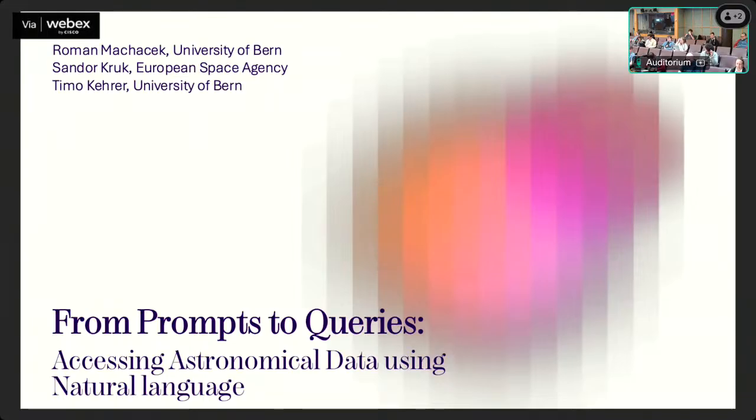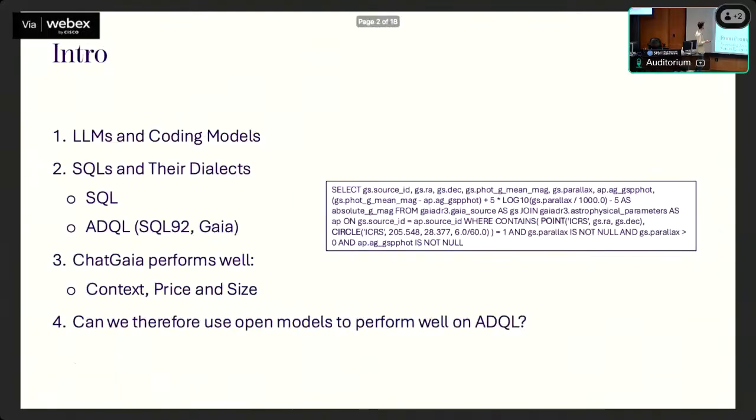All right, hey guys. So my name is Roman and I'm from University of Bern in Switzerland. And this is the work that I did with Sandor of the European Space Agency, where we are trying to train the models to generate the ADQL queries and query the Gaia data. I guess as everyone around here is using LLMs nowadays, you're also using it for coding, where paradoxically, most of the software engineering they're saying is going to be obsolete in a couple of years. I'm not so sure, but this is what they're saying at least.